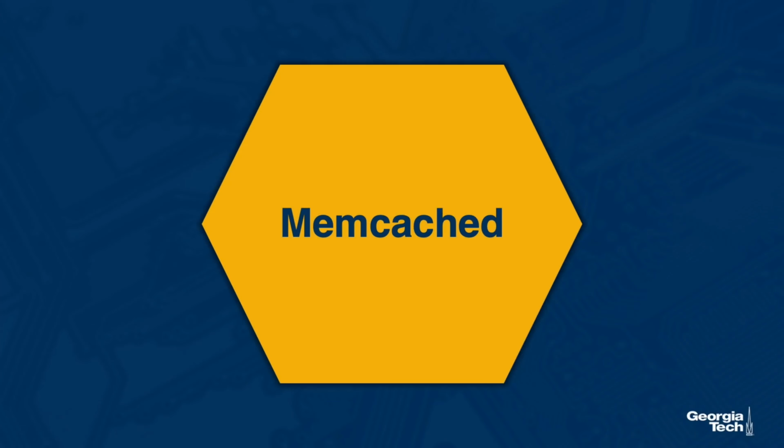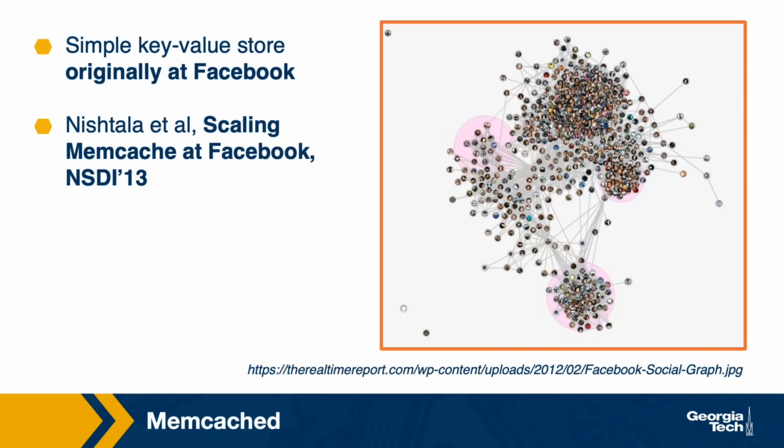One simple and popular key-value store is Memcache. You may have heard about it or even used it, given that there is an open source version that's available, and it was originally designed and released by Facebook and was presented at the NSDI conference in 2013. Now, at Facebook, Memcache has subsequently been largely replaced by another system, Tao, which was coincidentally presented in a paper just a few months later at the USENIX ATC conference in 2013.